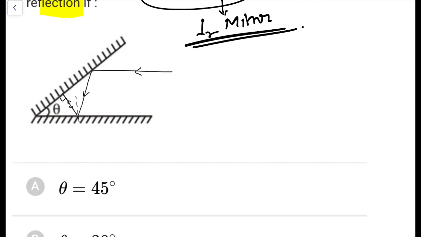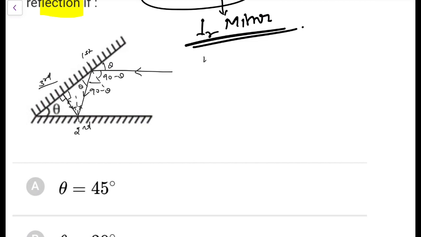So this is the path. This is the first reflection, this is the second reflection, and this is the third, after which it will retrace. Because it is parallel, this would be theta, so you can make it out. This angle is 90 minus theta, this angle is 90 minus theta, this angle is theta, this angle is 90. Now these both angles are equal and their total would be 90 minus theta.